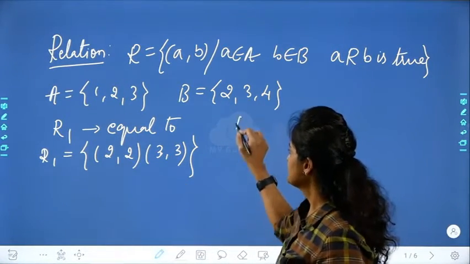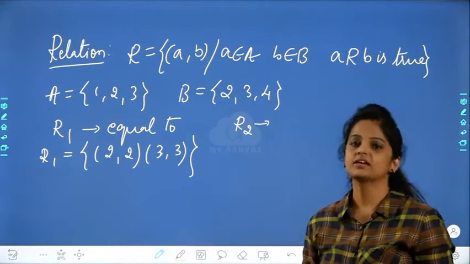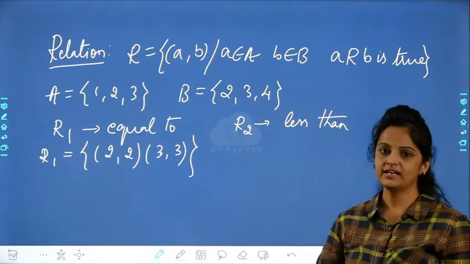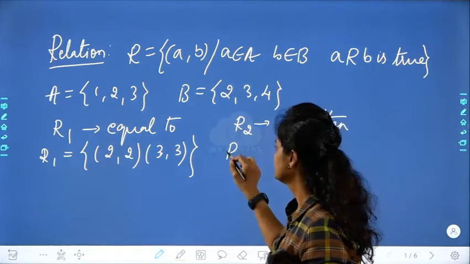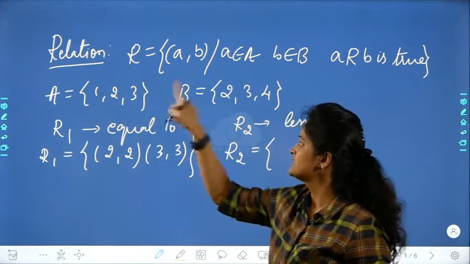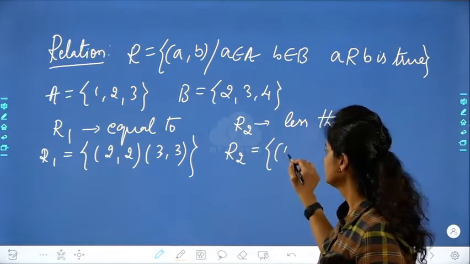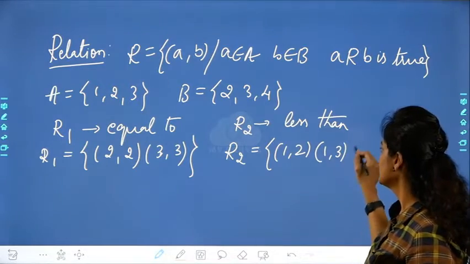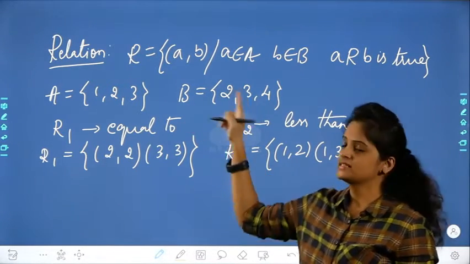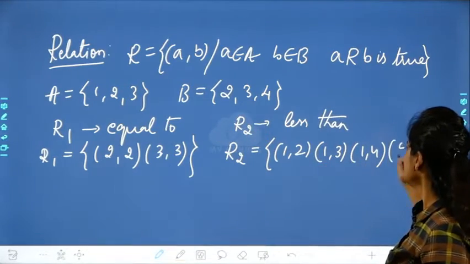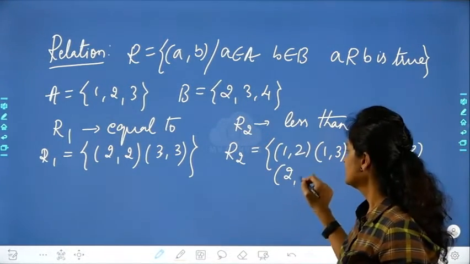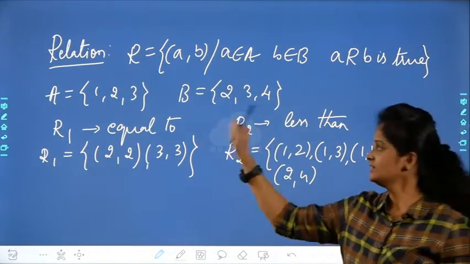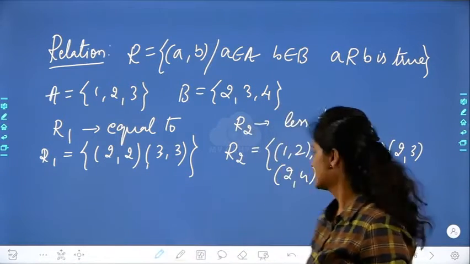Okay, one more example I'll take. More examples will clear the concept. That is the whole idea. Less than. If I take less than for the same set, what do I write? 1 is less than 2, correct? I'll take that. 1 is less than 3, 1 is less than 4 also I can take. 2 less than 2 I cannot take. 2 less than 3 I can consider. 2 less than 4 I can consider. Now I think you are understanding this. 3 less than 2 I cannot take. 3 less than 3 I cannot take. And 3 less than 4 I can take.